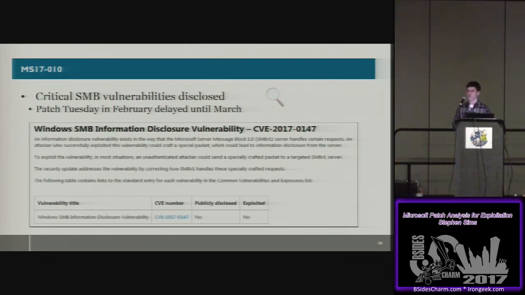This one was the new one of that kind because of the leaks that came out. You could send a crafted packet over SMB, port 445, and you would potentially get a shell. Those are huge. There were a lot of patches in this particular one associated with SMB, though. It wasn't just one little thing that they had to fix. So what we're going to do is just hone in real quickly on an information disclosure vulnerability that came out with that. Information disclosure typically means that we can send something to a service or a server or an application,